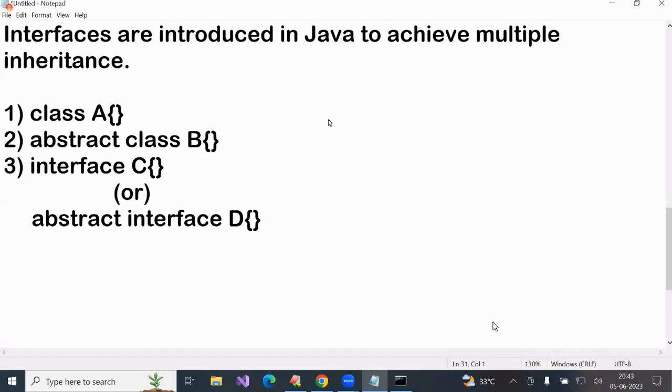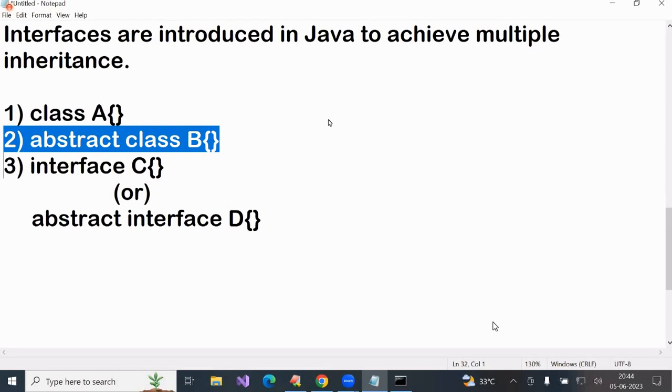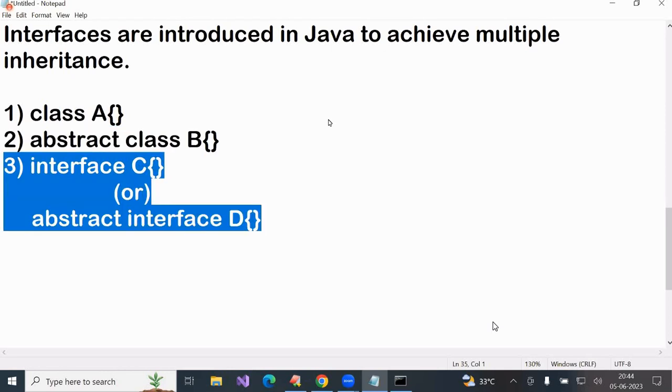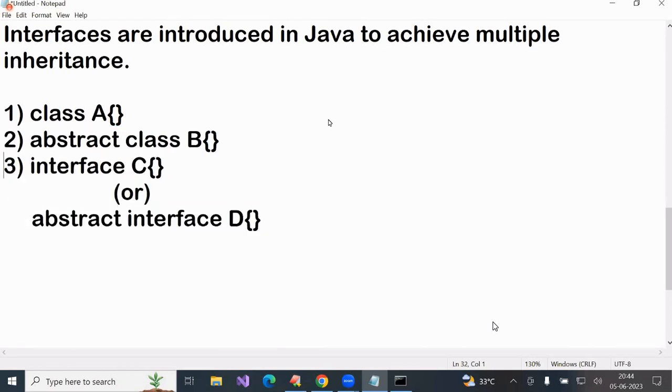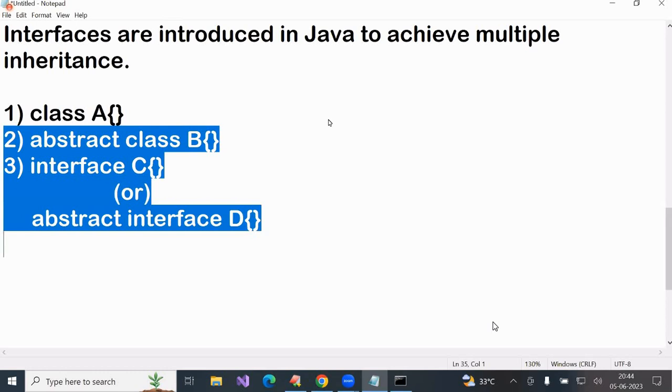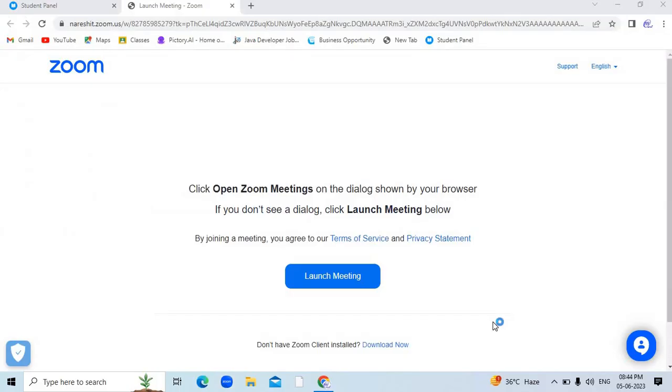Only abstract methods. Can we write here? No. The third is possible. Abstract class possible, interface possible. Which one will you prefer? Abstract class or